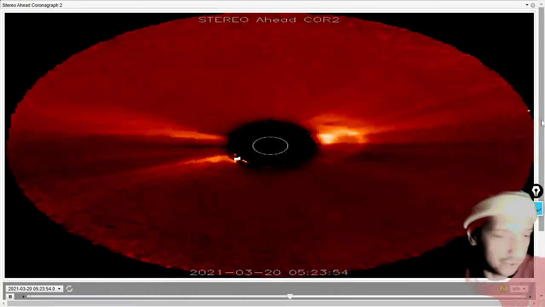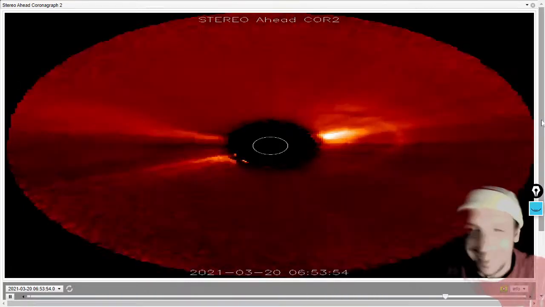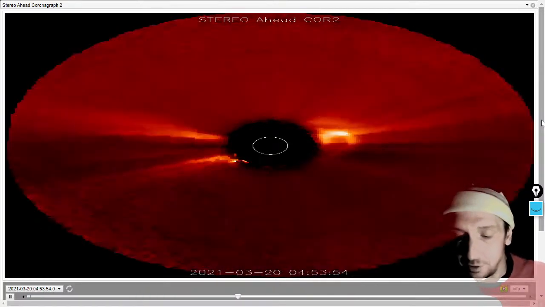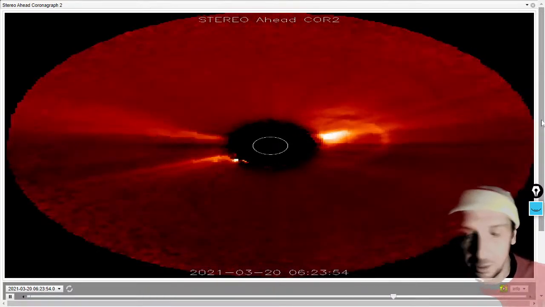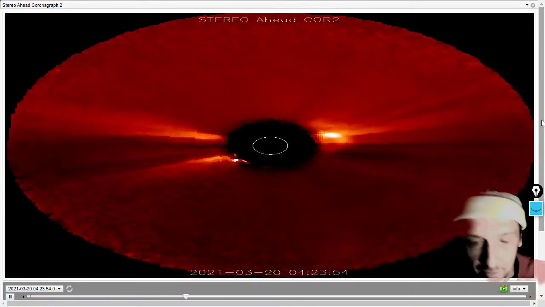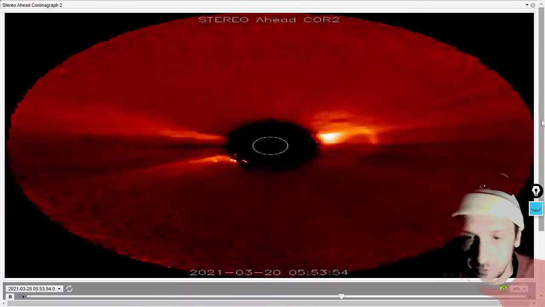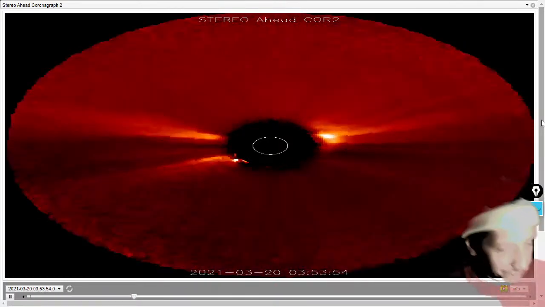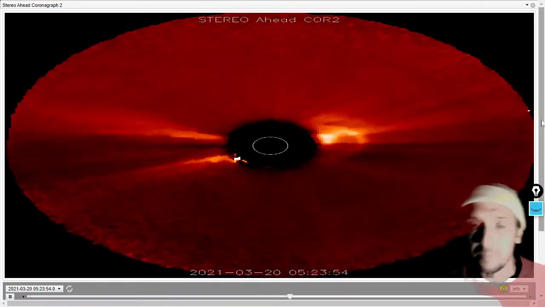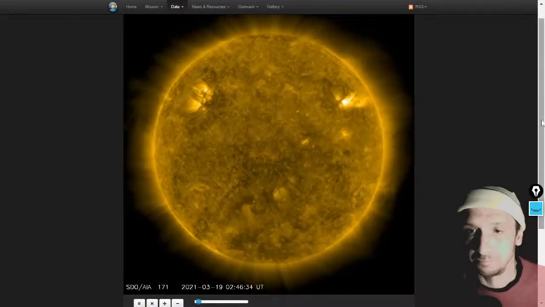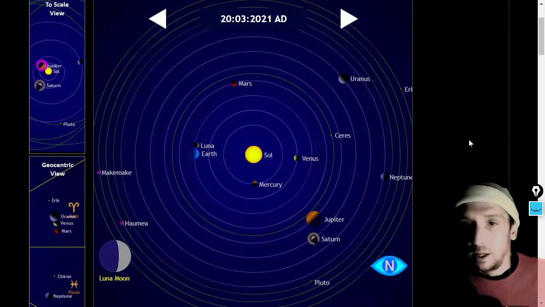In most cases, we have the best idea of the direction of a coronal mass ejection with STEREO A. Now, we used to have STEREO B also. It's taken some damage. I think it was in September of 2015, if I remember correctly. It suffered, quote, a hardware anomaly. So, in any case,